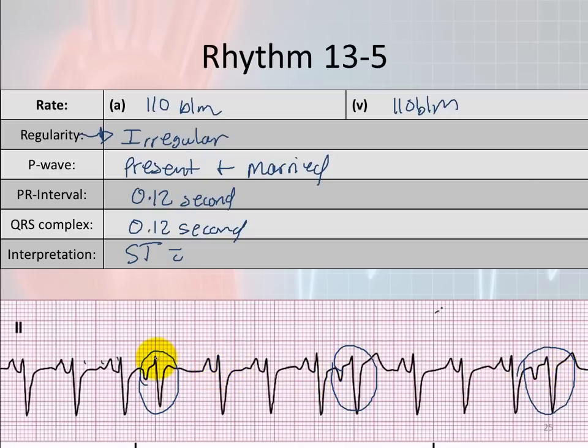So that tells me that this is an atrial problem, not a ventricular problem. But let's also look at this and see you have sinus, sinus, sinus, PAC, sinus, sinus, sinus, PAC, sinus, sinus, sinus, PAC. So that tells me 1, 2, 3, 4, 1, 2, 3, 4. So we have a quadrigeminal